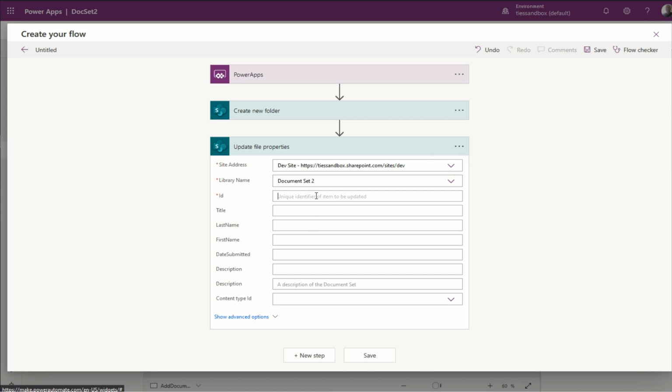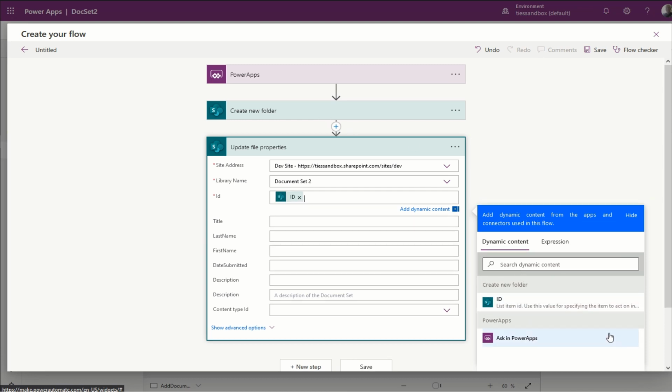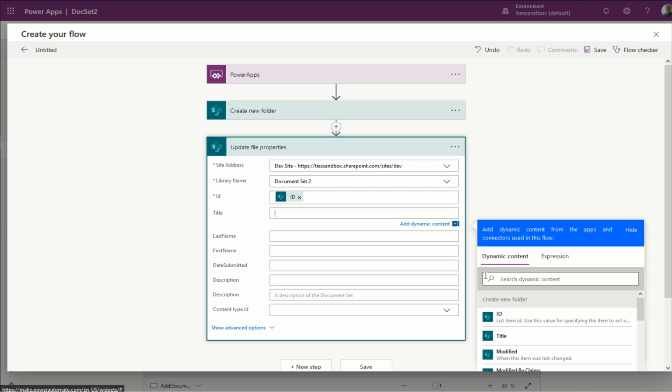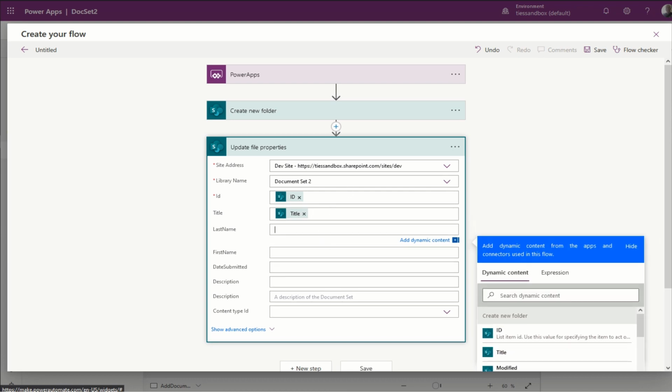So you're going to click inside here. You're looking for that Create New Folder step. Okay, and then you hit ID. Now sometimes you're going to have multiple things in here, so you've got to be careful what you're selecting. Title is going to be the title inside the Create New Folder step. So you're going to select title, then you're going to come down to the last name,